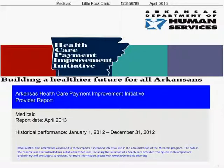Good afternoon, everyone. This afternoon we'll be taking a look at the reports for the cholecystectomy episode. PAPs will be provided tools to help measure and improve patient care. One of the most important tools is the provider reports. These reports are key to keeping up with your performance relative to each episode and show your eligibility for gain